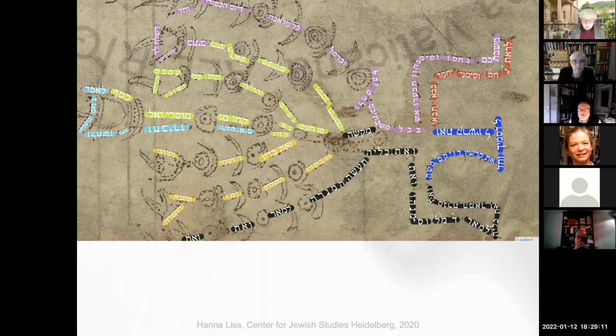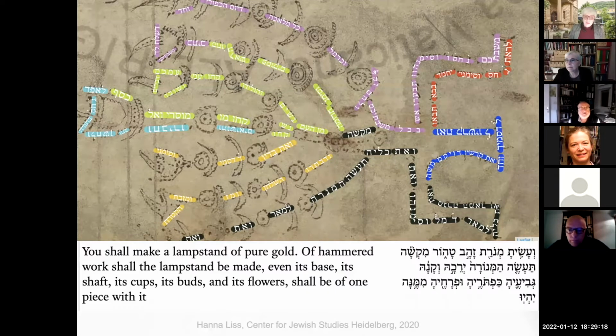Everyone who reads the instructions for the menorah in the book of Exodus will soon realize that this description is not easy to understand, and the commentators have struggled with it. You shall make a lampstand of pure gold. Of hammered work shall the lampstand be made. Even its base, shaft, cups, and its flowers shall be of one piece with it. To quote Stephen Fine, it's no wonder that the rabbis imagined Moses unable to visualize the object that he was ordered to construct. Without contextualization, it's tough for us as well. And I might add, it was also tough for Elia